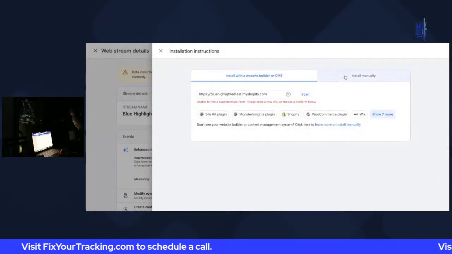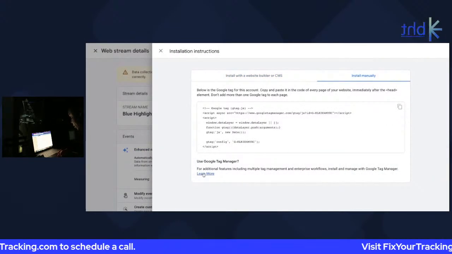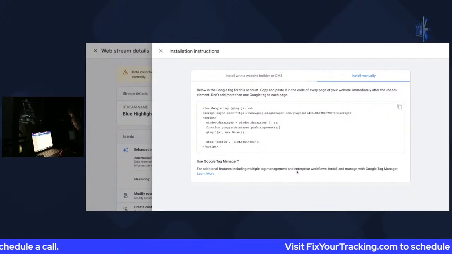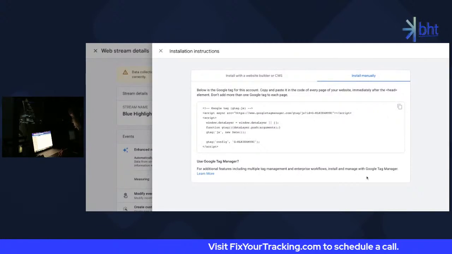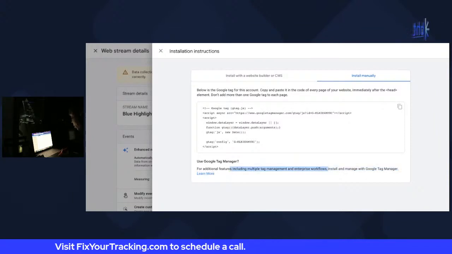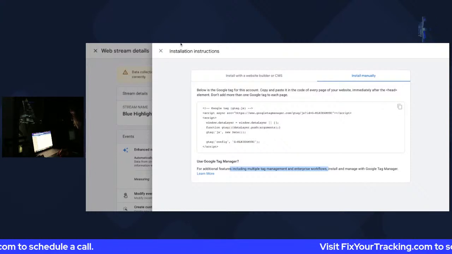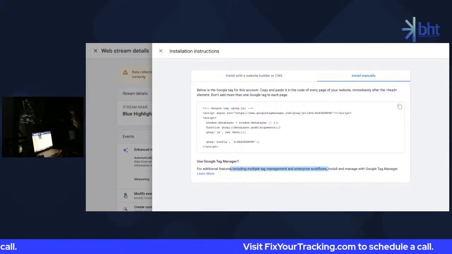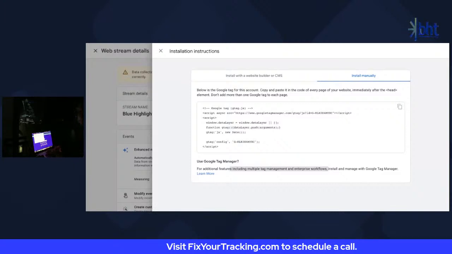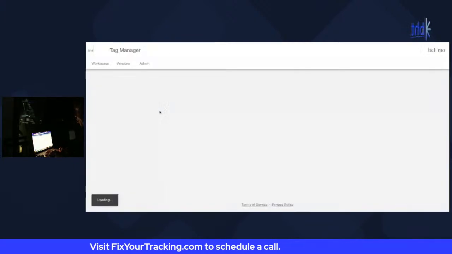I definitely want to use tag. For additional features, including multiple tag management and enterprise workflows, install. They don't really sell it. Multiple tag management, enterprise workflows. I don't even know what that means. Sounds really fancy. Anyways, jump over to Tag Manager,